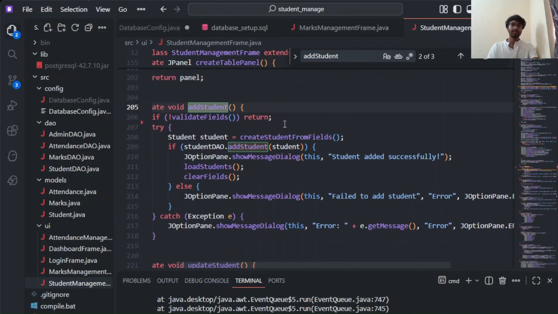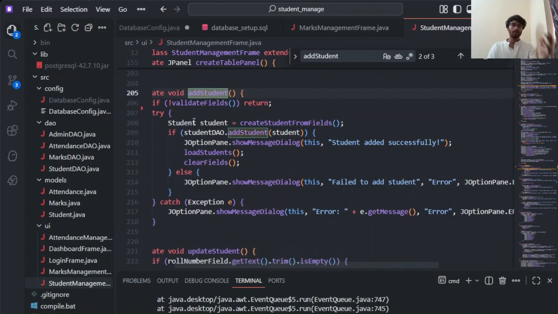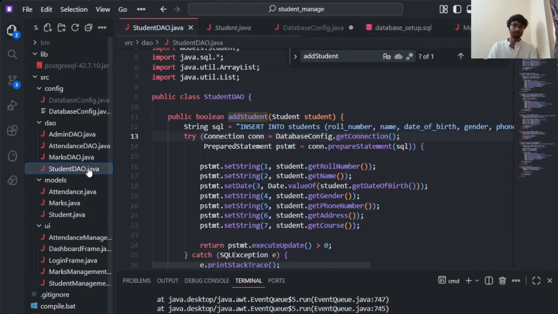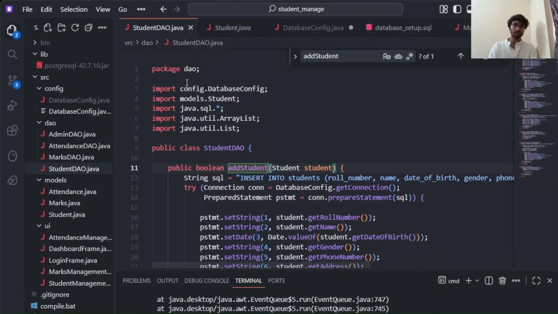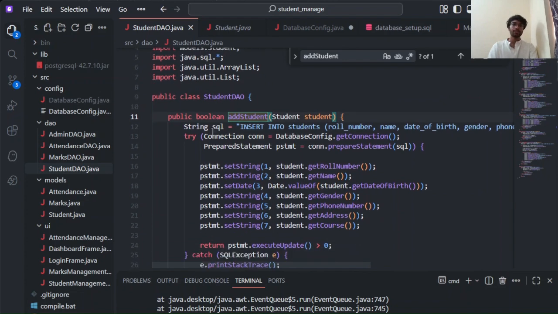So first it checks the input, whether the input is proper and validated or not. After that, an object is created. After the object is created, the add student function present in the student DAO class is called, which is here. The add student function present in the student DAO class. Now, since we want to enter the student details, we write the insert command